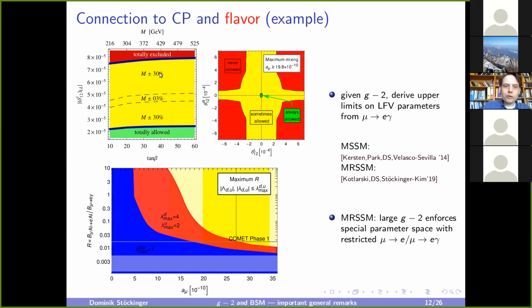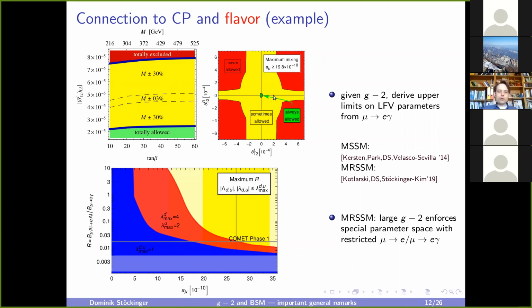And so these are the resulting plots. One of them is from Jeon Park here at KIAS, and the other one was developed more recently by us in Dresden. We call these traffic light plots. You see that on the axis you have certain generation mixing parameters in the SUSY Lagrangian. And you get upper limits on those flavor violating parameters of the order 10 to the minus 5 or 10 to the minus 4. And the upper limits are similar in the MSSM and this other supersymmetric model.